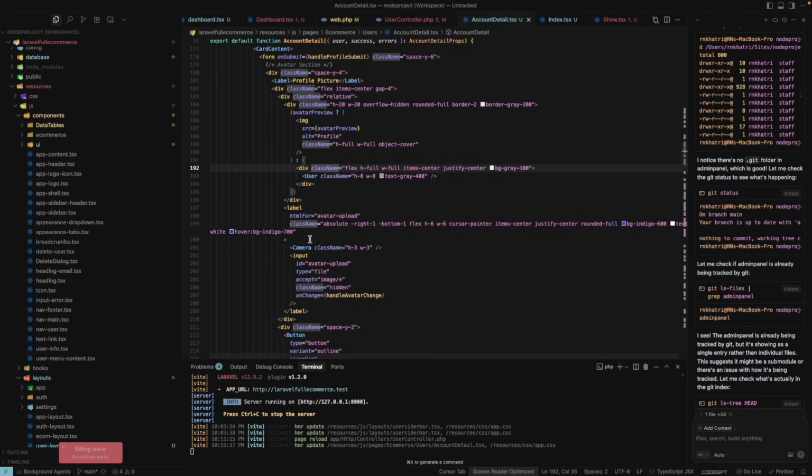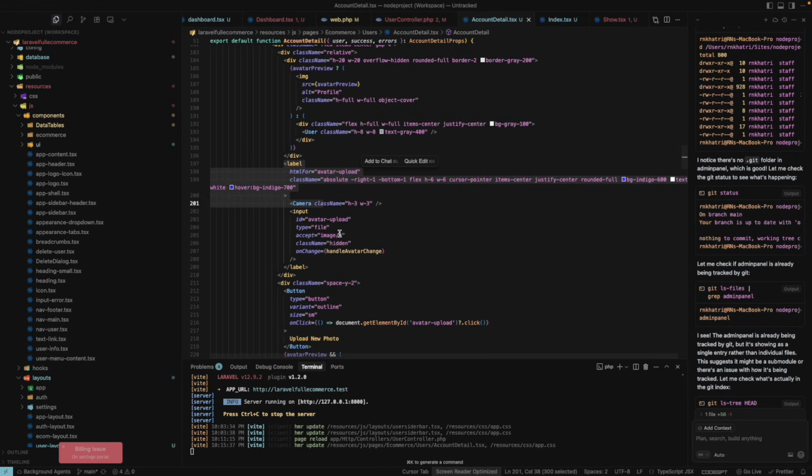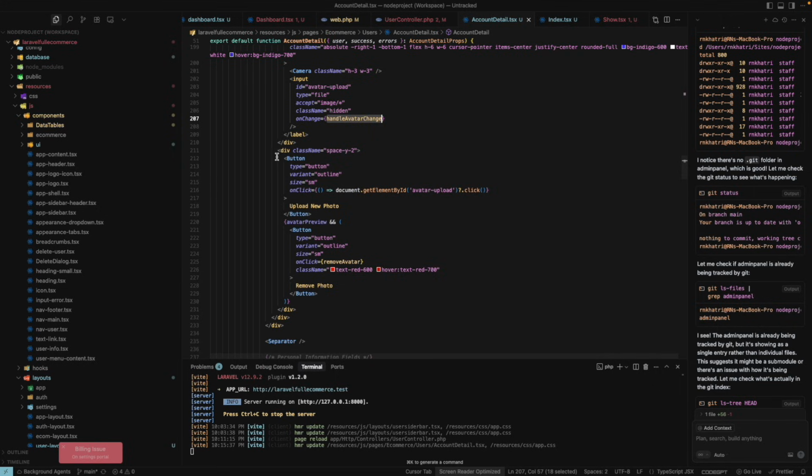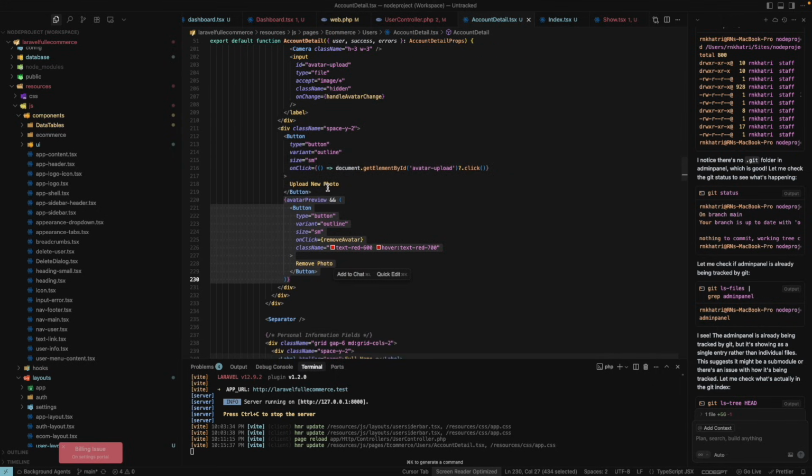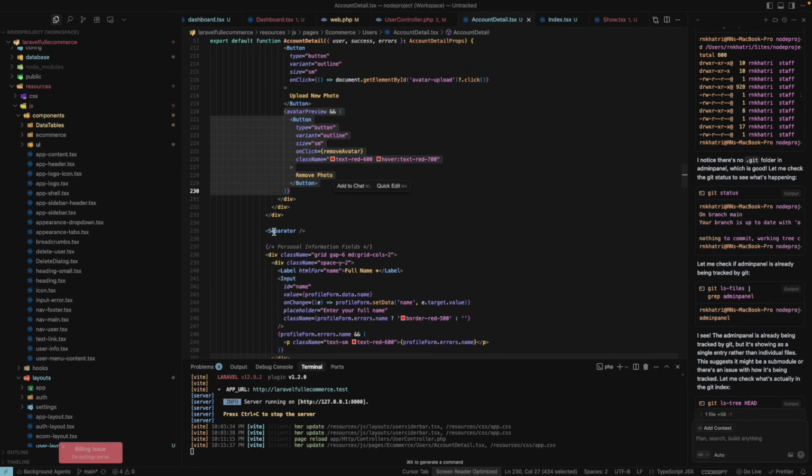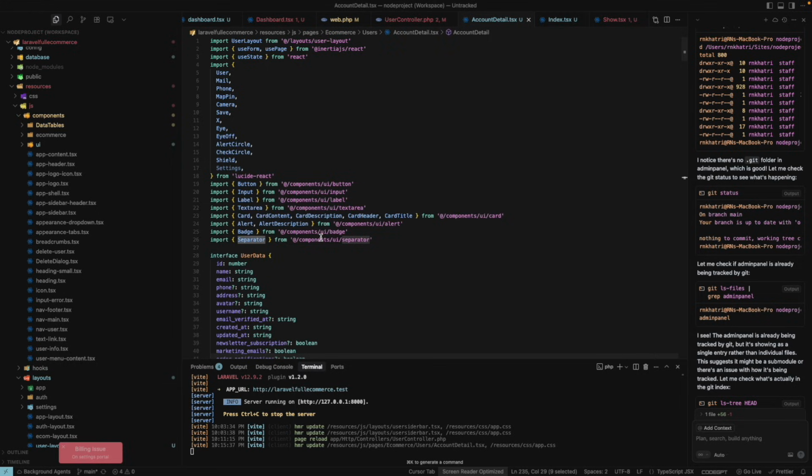And then label for the camera we have to show on this design. So we are showing the camera button, after clicking it handles changing the images. So another button is avatar upload button and preview buttons, and remove from the preview. Okay, and another one we have to use is separators from the component UI separators. Okay, if you go to the UI separators,